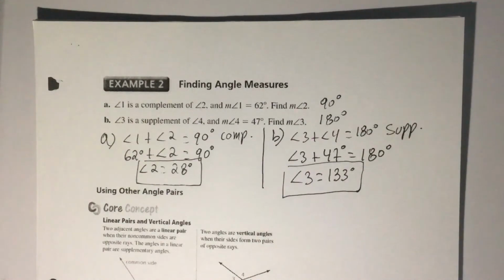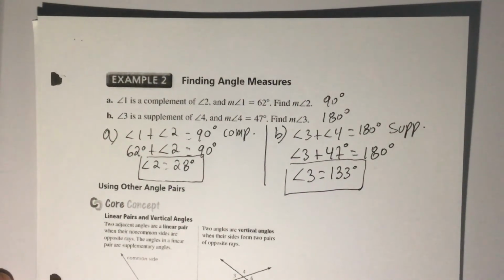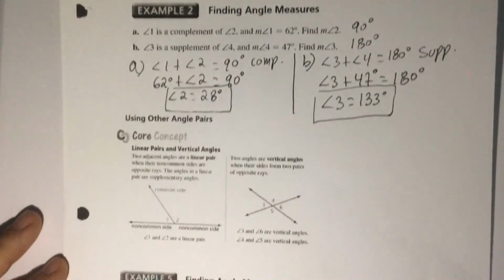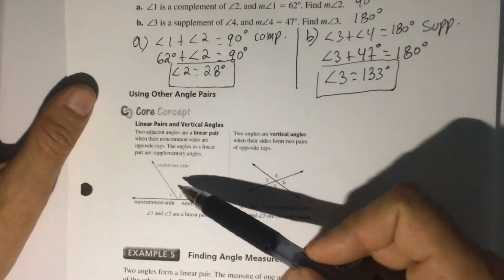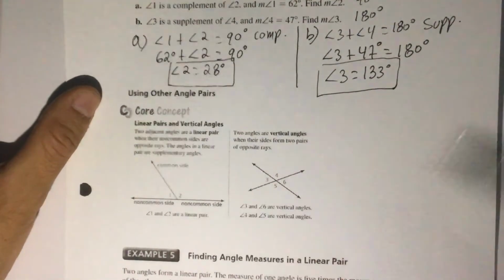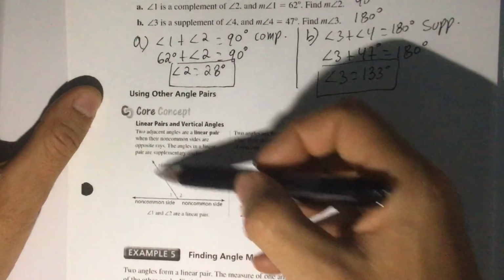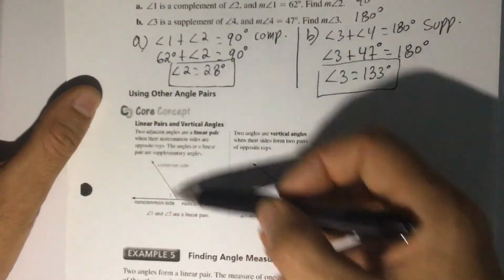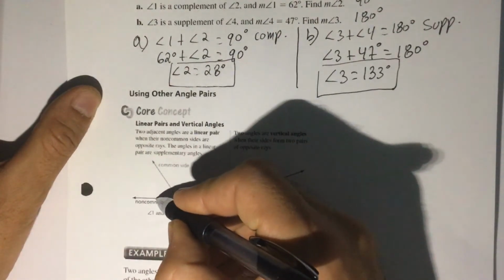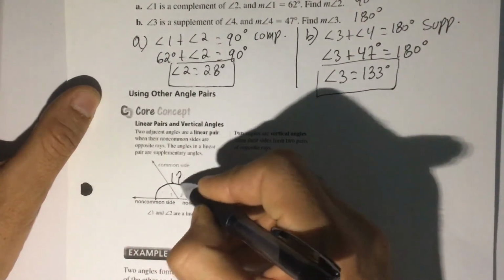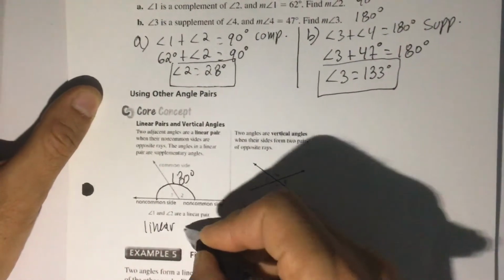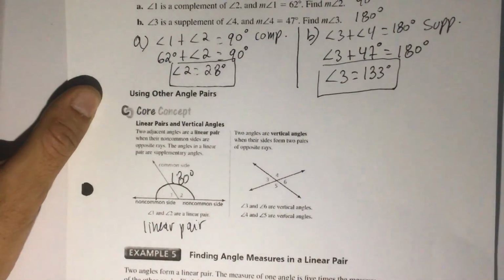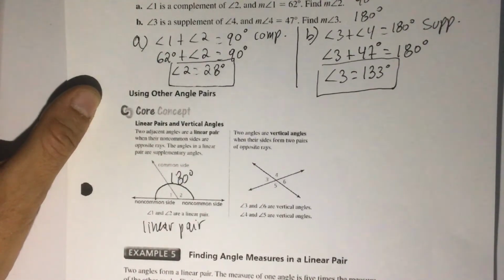All right. Let's look at a couple more definitions here. I hope this is easy for you guys. Now let's talk about a linear pair and vertical angles. So a linear pair is basically adjacent angles that add up to 180 degrees. So you've got two adjacent angles, right? They're sharing the same side and the same vertex, and they add up to 180 degrees. That is what we call a linear pair, right? Vertical angles, okay, according to the definition, are two angles whose sides form two